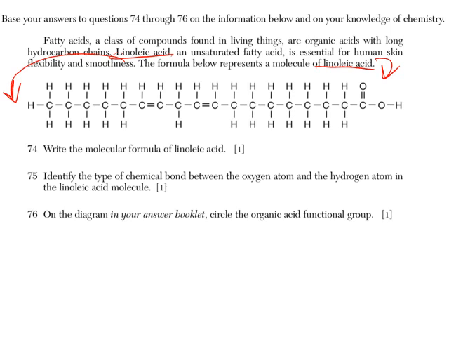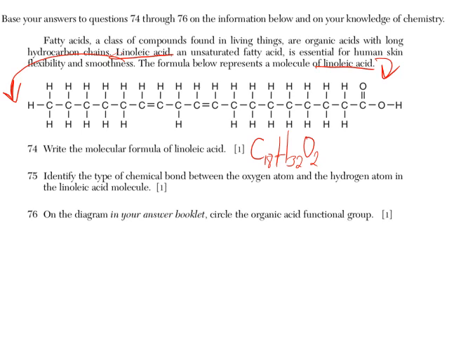So I know if I went and counted these, I would have 18 carbons. I would have 32 hydrogens. And I would have 2 oxygens. Make sure you double check that, but that's what the key says for me. So I'm going to go with that answer. That's my molecular formula. Number 75 says identify the type of chemical bond between the oxygen atom and the hydrogen